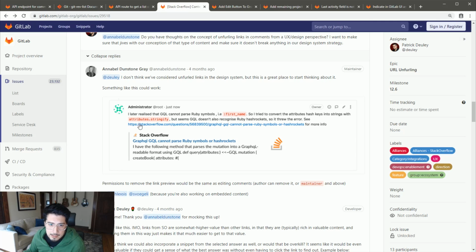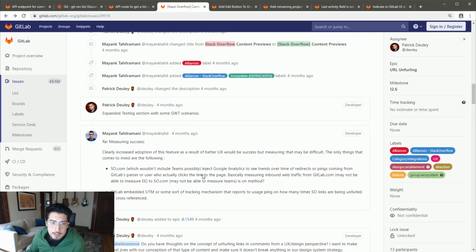So if you've just got this link, and Stack Overflow, I think it can't be understated how valuable Stack Overflow is to developers. I'm sure all of us have at some point copy and pasted an answer out of Stack Overflow and moved on with our lives. So that's a really valuable resource, this little link. And by leaving it as just a link, it's really easy to just pass through. But by making that content richer, it draws the eye of the reader. It makes it easier for them to see if it's valuable, right? So showing the title of the page, showing a description of the page,